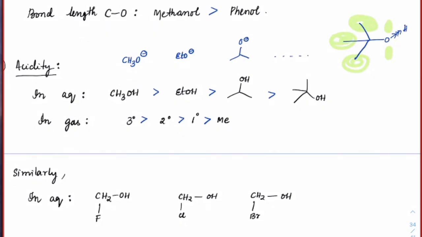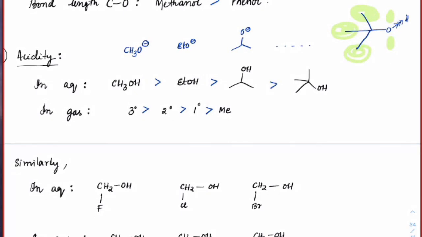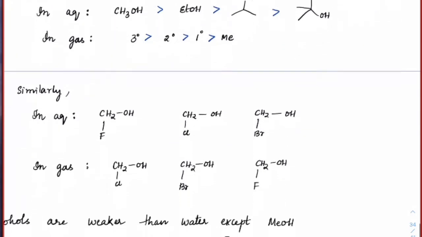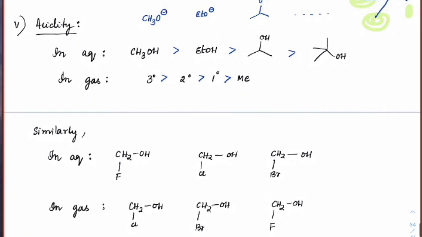Don't worry about the reasoning also, it's a very vague way of understanding, but just make sure you know that in the gaseous phase it will be opposite. Otherwise no strong evidence or reason is given for that. Please write down: in aqueous solution, solvation is the important factor. In the gaseous state, the dispersion of electrons is the more important feature.